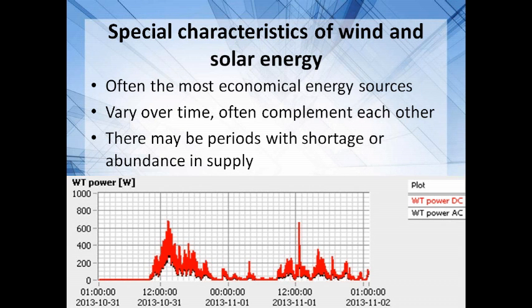So when the wind is blowing, the sun might not be shining, but when the wind is not blowing, you probably have the sun. There may also be periods with shortage or abundance in supply. And these factors we must, of course, take into account if we're going to do microgrids with a high share